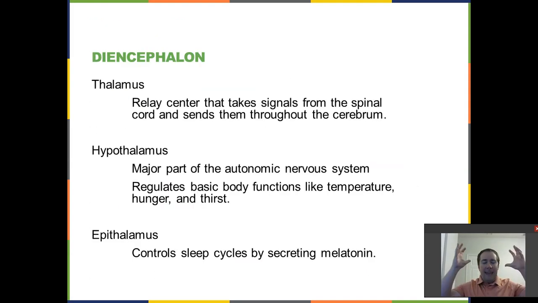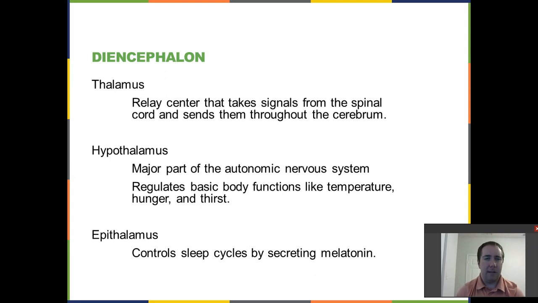So then moving in from the ventricles, we get to what we call the diencephalon. The diencephalon is a very, very complicated region of the brain. There is a lot of stuff that goes on here. When we look at the diencephalon, we break it down into 3 major regions: the thalamus, the hypothalamus, and the